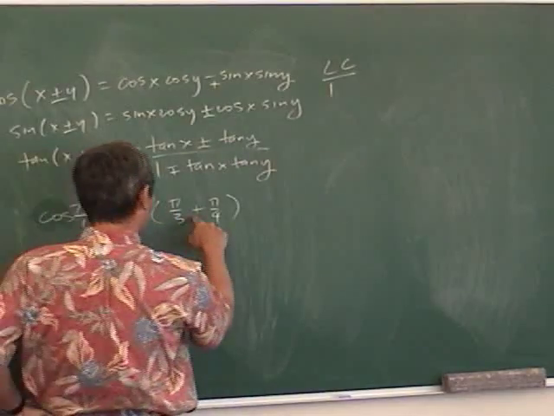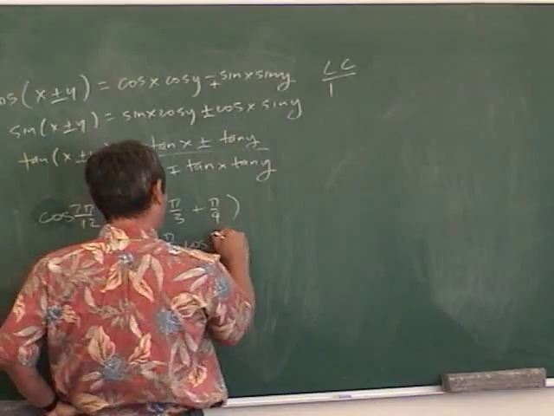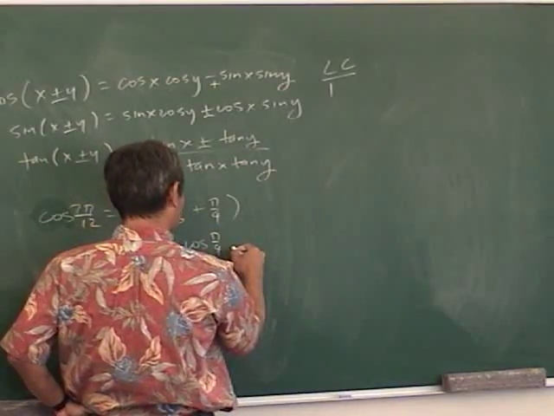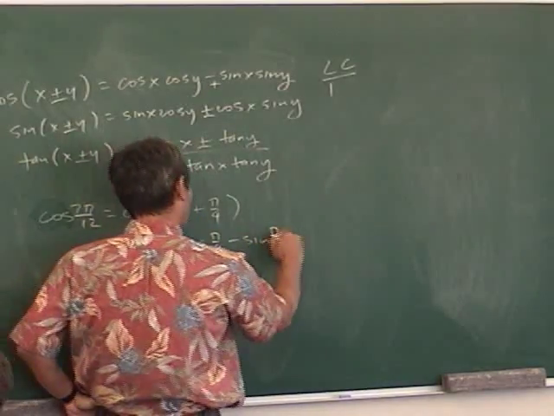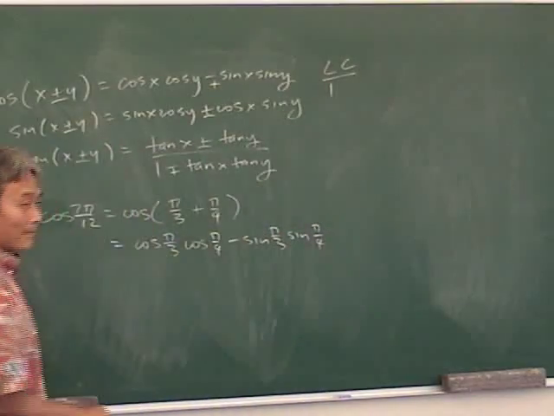Cosine of gorilla plus banana is cosine gorilla, cosine banana, plus or minus? Minus sine gorilla, sine banana. Oh, I forgot to mention that if you're on the math team though,